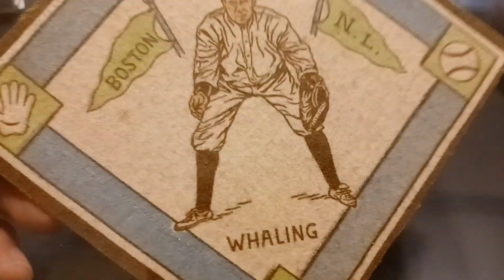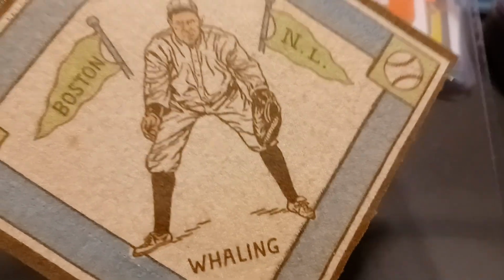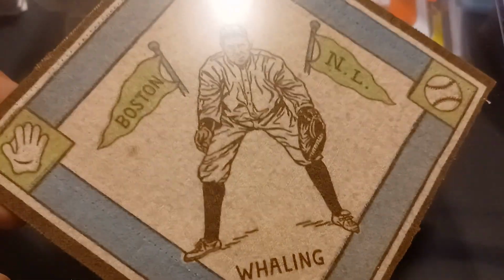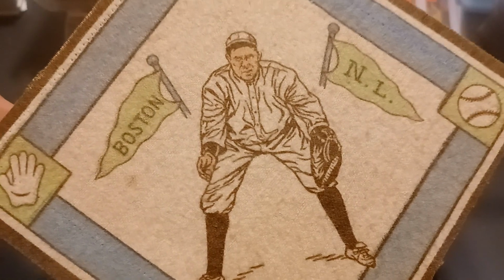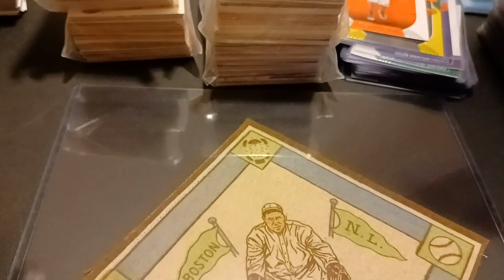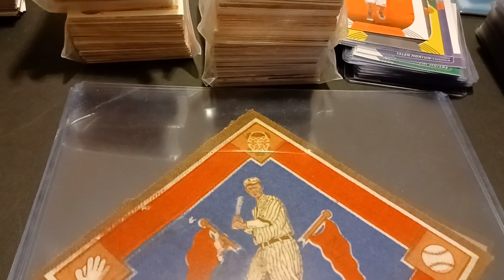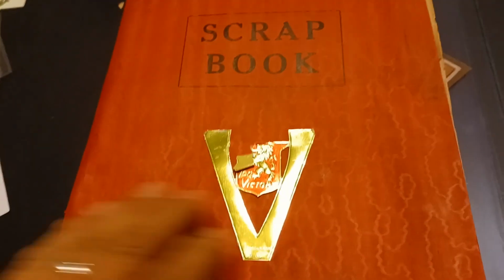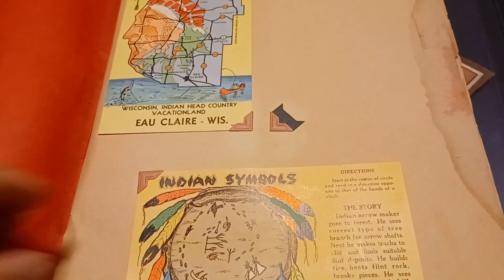And they're cloth. I put them inside these 8 by 10.5 holders because it's about the only thing I can find to protect them, you know. But I love these things. I think they're great, and you know, coming from 1914, you can't go wrong as far as I'm concerned with pre-war. The only other thing I picked up, and it's not sports related, but anytime I find stuff like this,